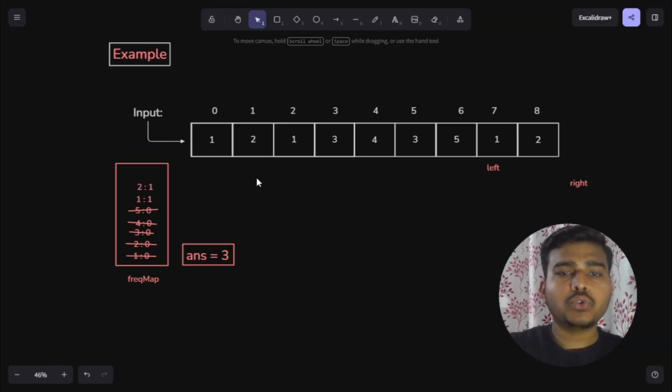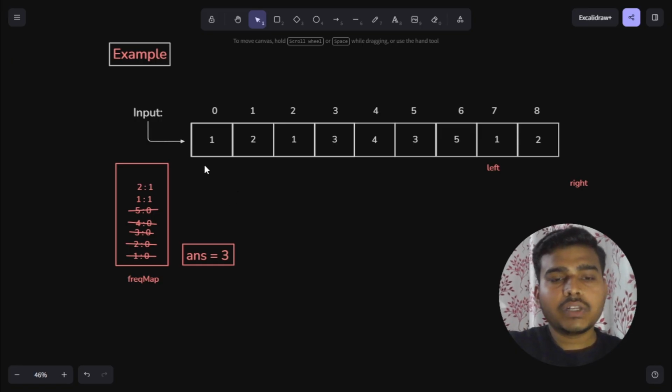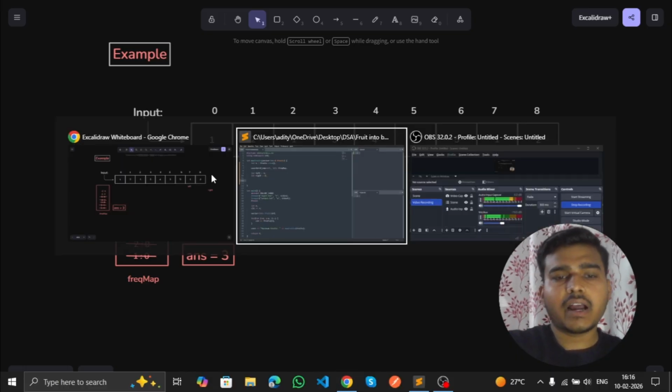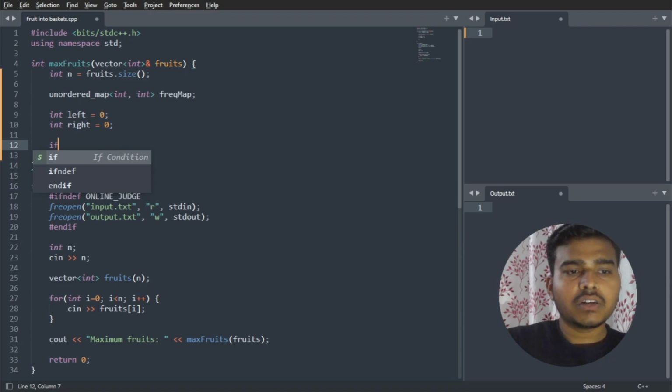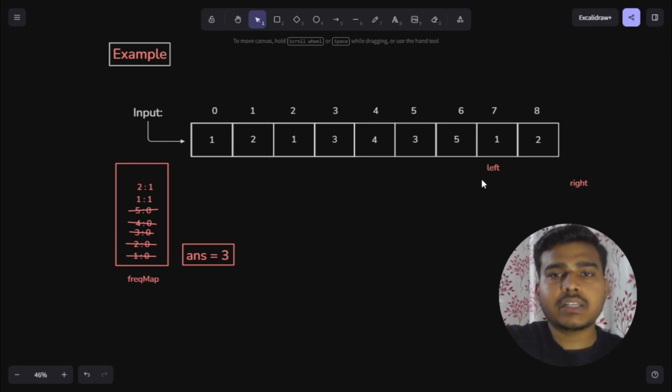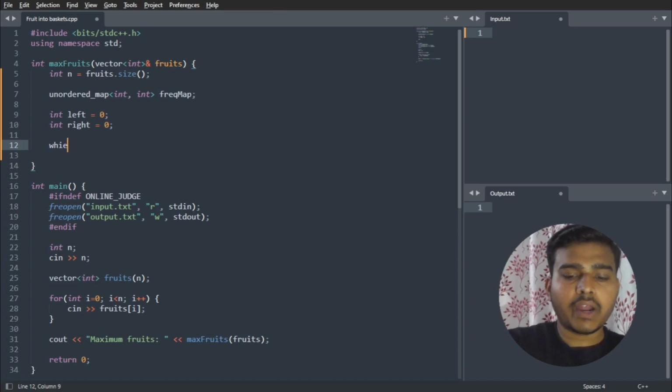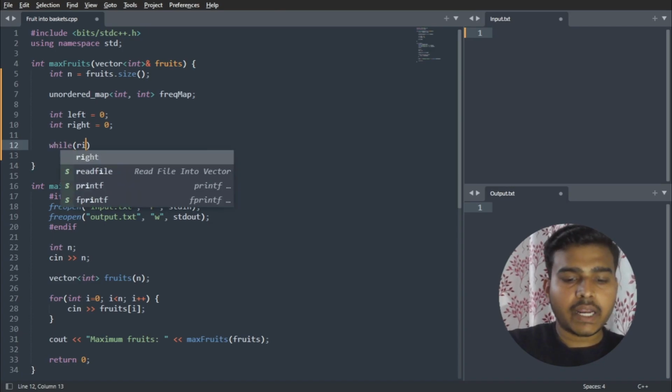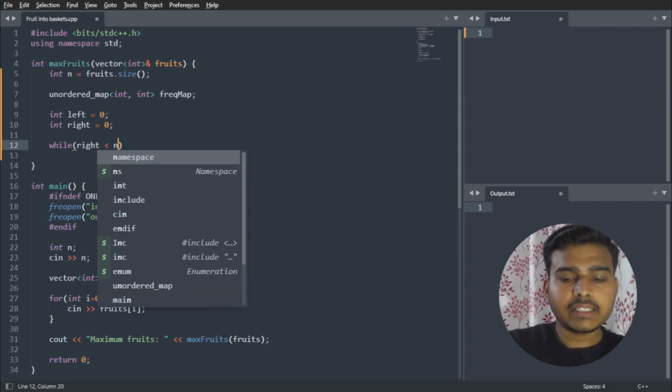And what we have to do now, once we have the left and right pointers pointing at the 0th index, is we can start expanding the window. Let's see first of all till what condition I have to do this entire thing. Till the right pointer is pointing at n-1 or less than that, and the moment it comes to index n, we have to stop. So for that I can just use a while loop here, where the right pointer will be less than n,